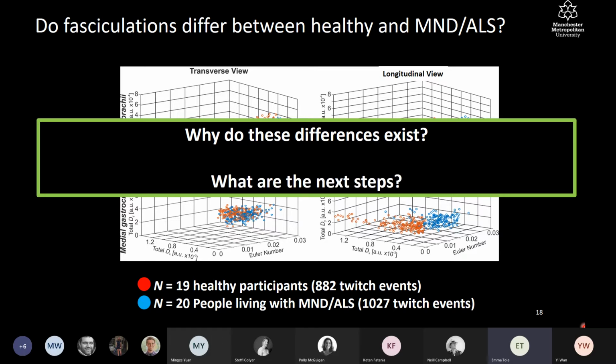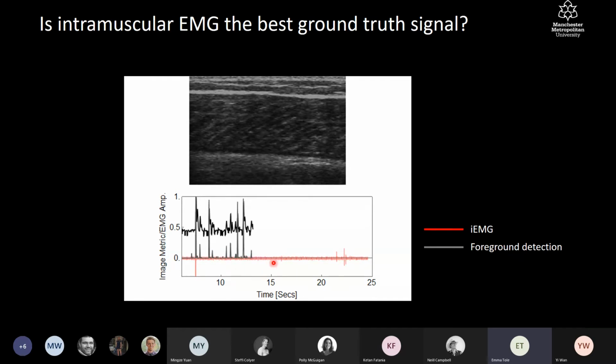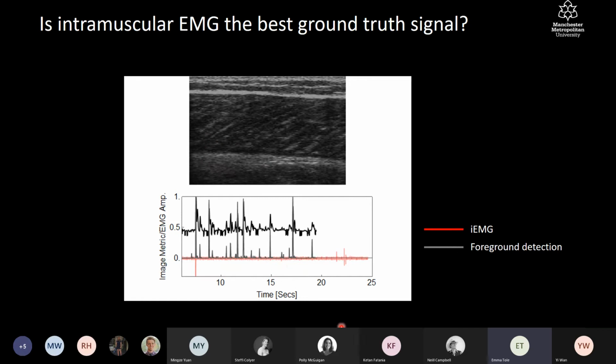So what are the next steps? Well, one question we have is whether intramuscular EMG is actually the most useful thing to look at. So if you look at the video here, the red signal is the intramuscular EMG, and you can see through this period there's really nothing detected at all. But you can very clearly see in the ultrasound data and in our measures of fasciculation events that fasciculations are occurring. But our intramuscular EMG has been too sensitive, it's too localized a detection volume to be able to identify the occurrence of these